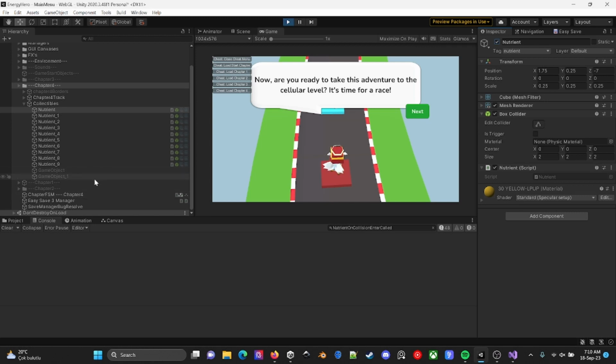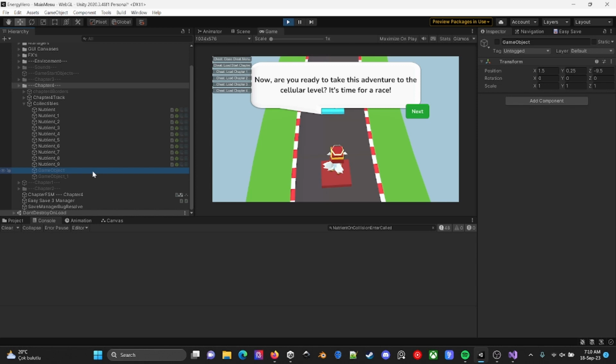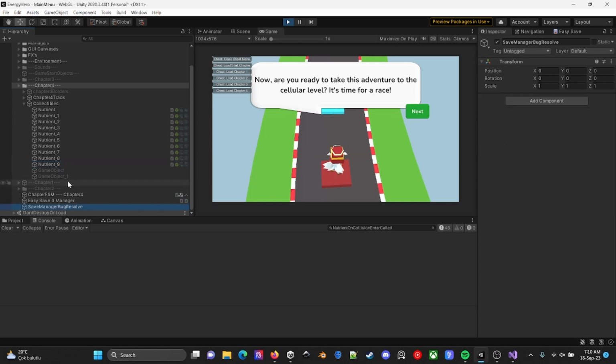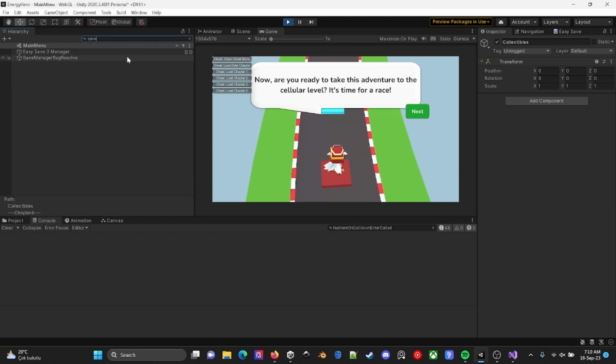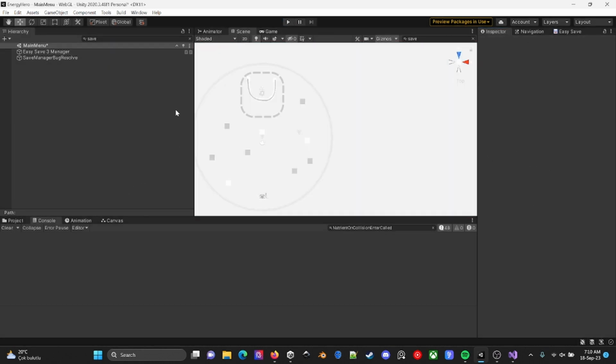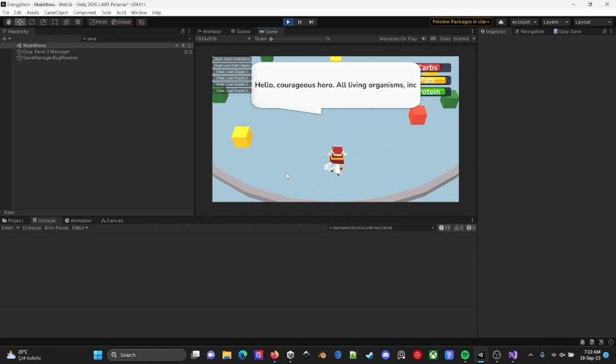What are these two guys? This game object. Let's generate this save file. Let's try reloading the file.